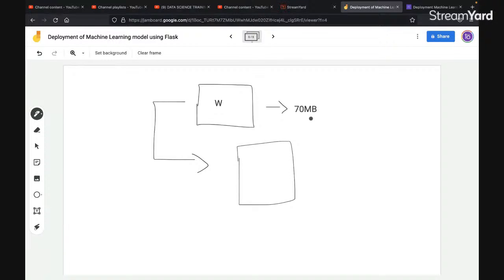Yes or no? No, exactly no. If you go and check the storage option on your mobile phone, you will definitely find that WhatsApp might be taking like 1 GB of your storage, or even more. Yes or no?